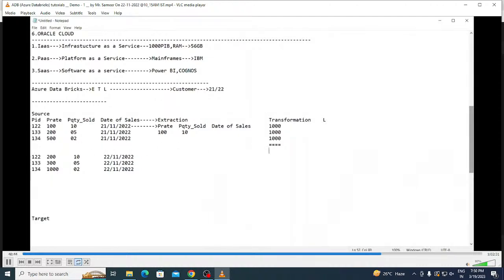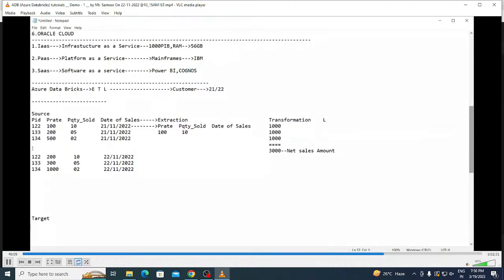So I can say that 3000 is the net sales amount. Am I right, guys? You are doing this under the process of transformation. Now, it is done for the 21st day. What about the 22nd day? Guys, can you tell me? Please come out, all of you. Help me out in this.